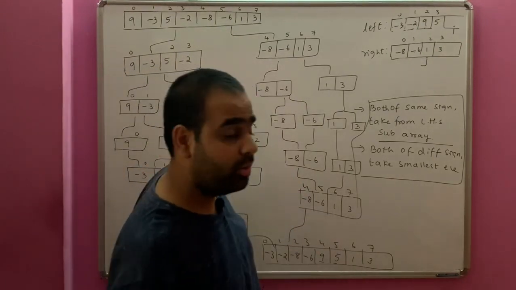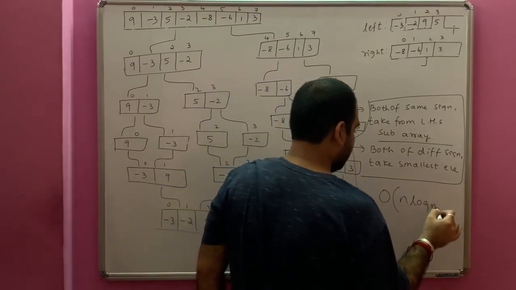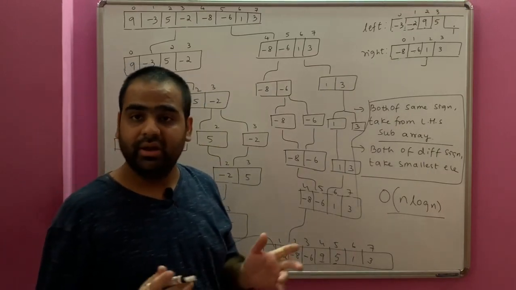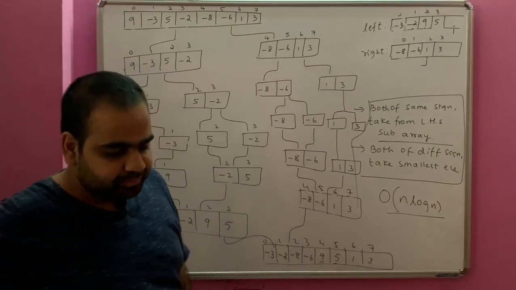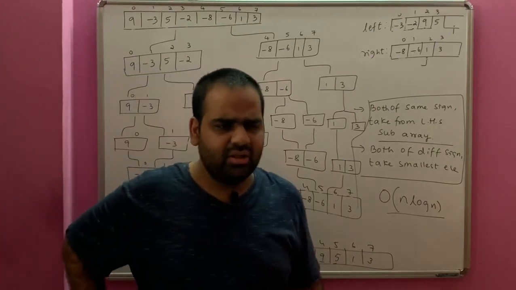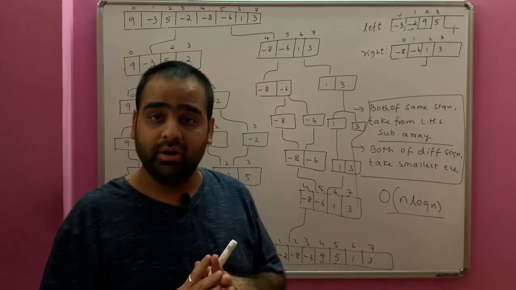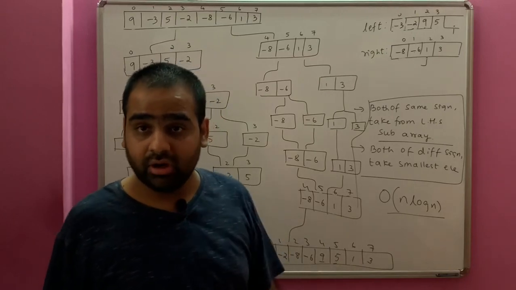And what is the time complexity of this? Since we are using merge sort, it is big O n log n. Is that okay? Can we do better than big O n log n? It's not possible because the relative order has to be maintained. Now, you might ask the question, sir, why can't we do heap sort? In heap sort, the relative order is not at all maintained. Therefore, for this question, heap sort is not applicable.